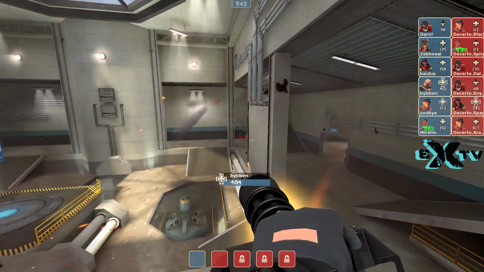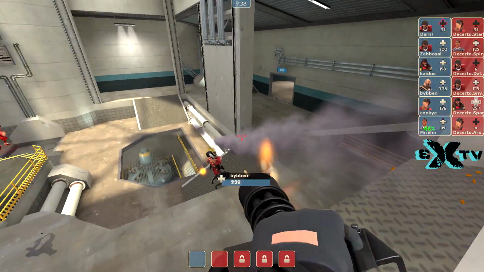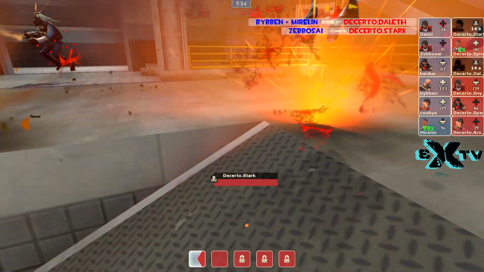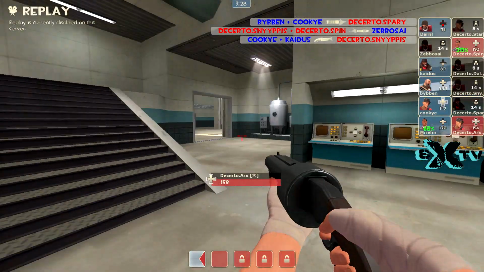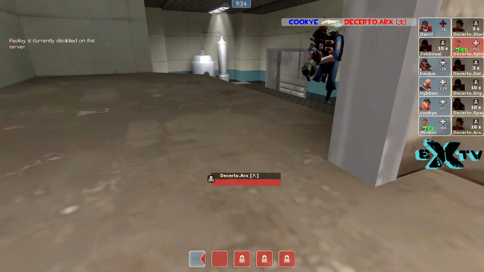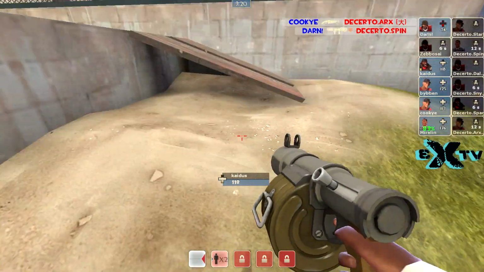Anyways, here comes the push in. Looks like some pressure around the point, not really getting on the point quite yet. Stark pressuring around. Spari's on the point. Stark taken out. There is spin, but losing players. Ark's coming in, but looks like he's going to, well, excuse me, hitting buttons and getting weird results. That's why we're getting notifications about replay,